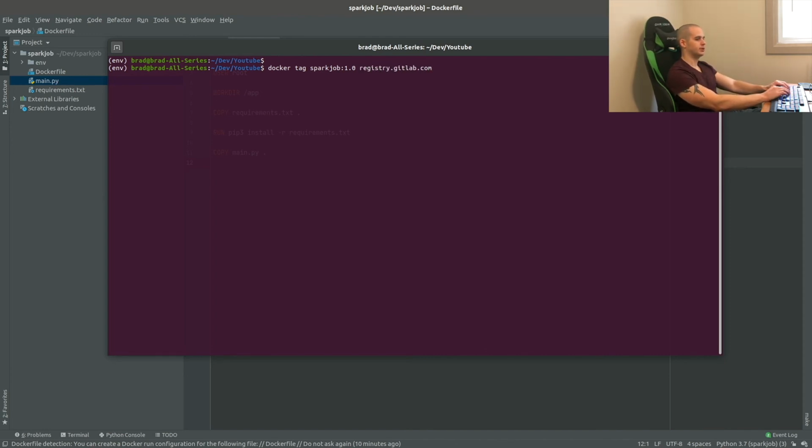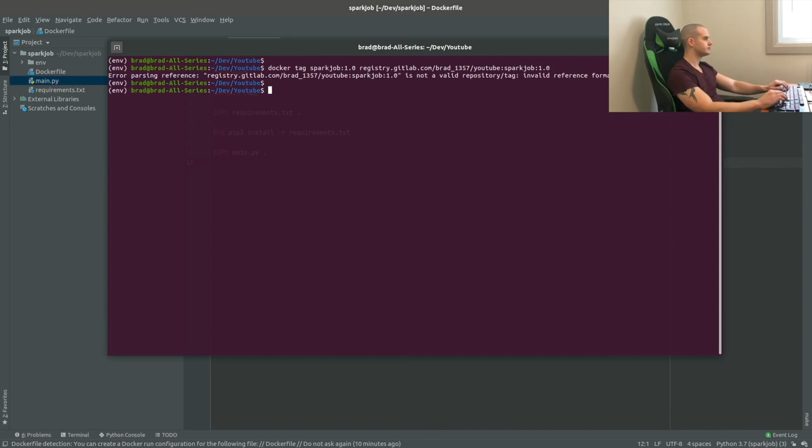So I'm just going to push this to my GitLab. Grab 1357, YouTube, spark-job 1.0. Do I have a mistake here? Yes, I do. Should be a slash. Here we go. And we'll do docker push